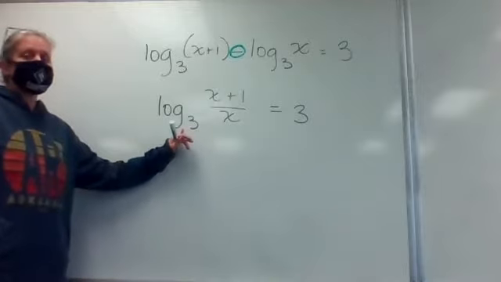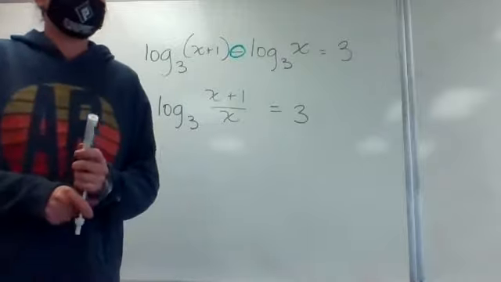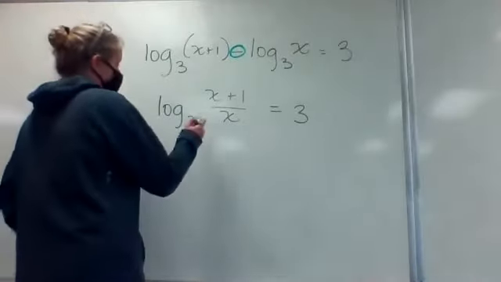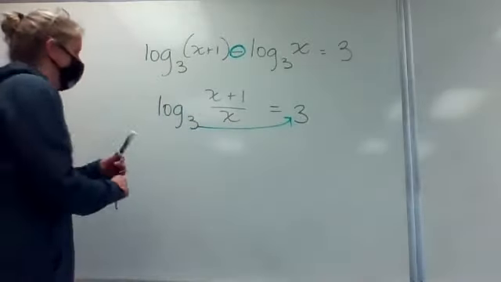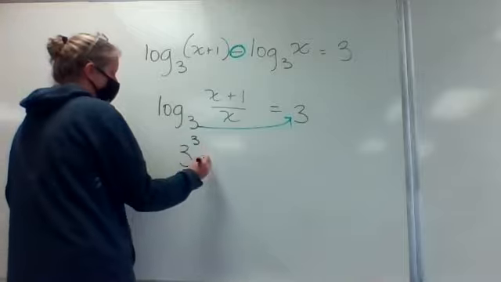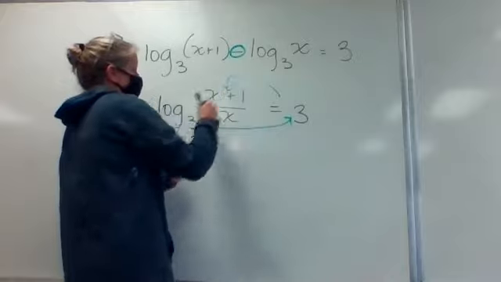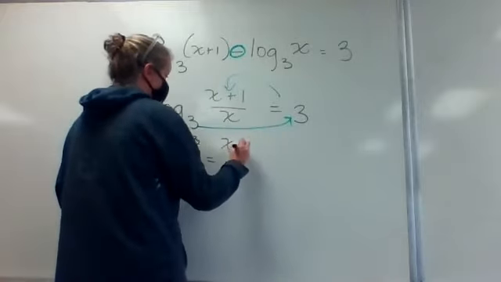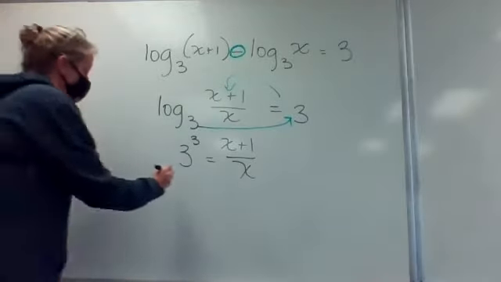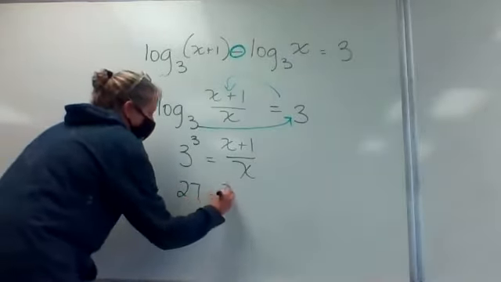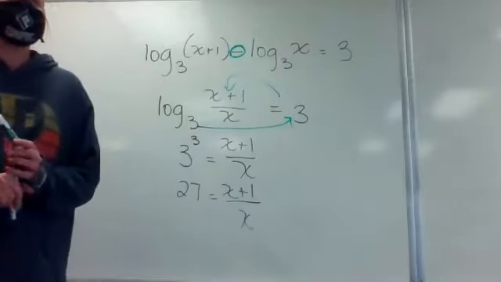So now, since we just have one log, that's when you're going to turn your logarithmic equation into an exponential equation, right? So this is the base of my exponent raised to that power. So I have 3 to the third power is equal to what's in this position, which is x plus 1 over x. 3 to the third gives me 27 equals x plus 1 over x,